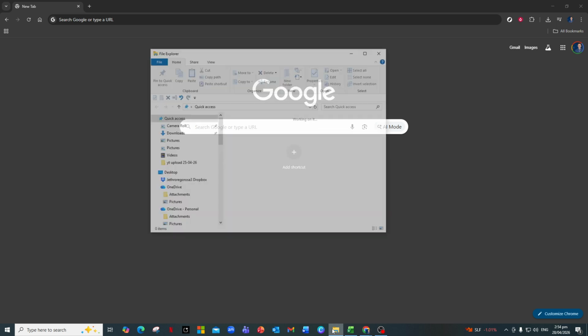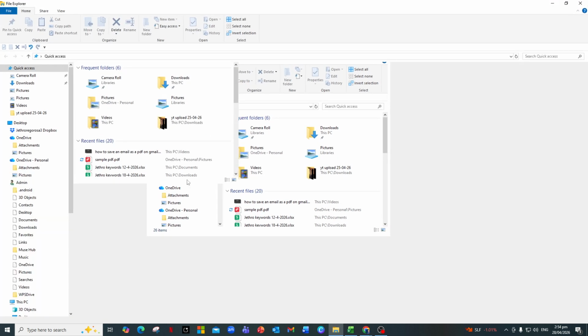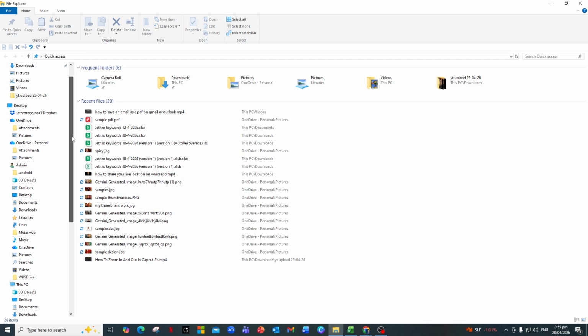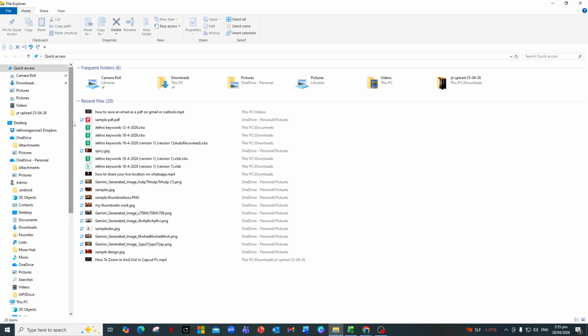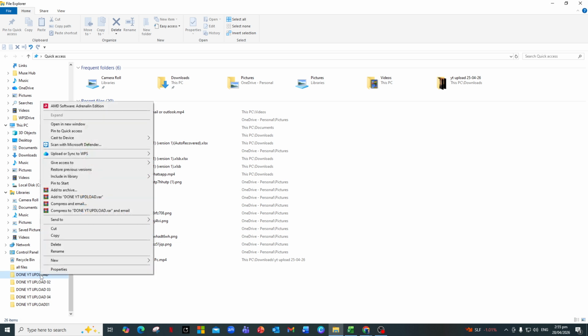Next, you'll need the icon you want to use. Windows works best with ICO files, which are standard icon files. If you only have an image, like a PNG or JPG, you can use any reputable online converter to turn that image into an ICO file. Save your finished icon somewhere easy to find, such as a dedicated icons folder in your documents, so you can reuse it later. Now, right-click on the folder you want to change.